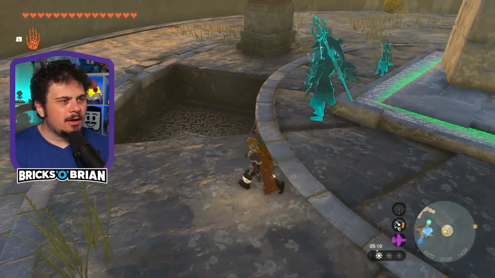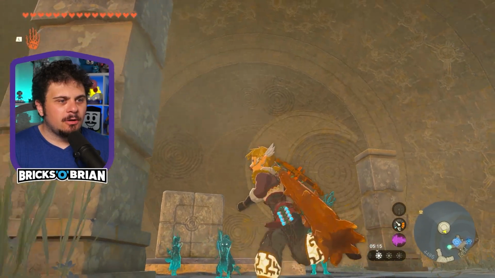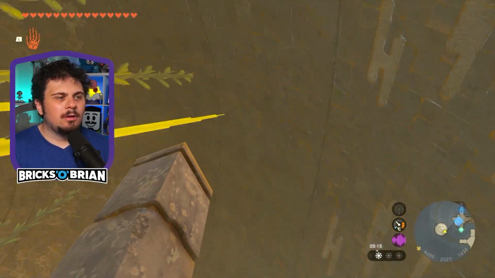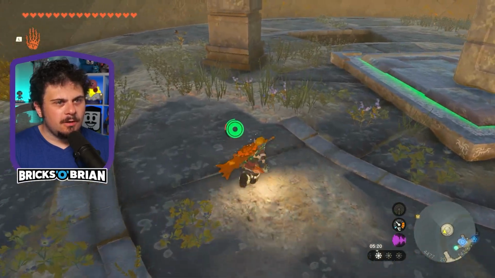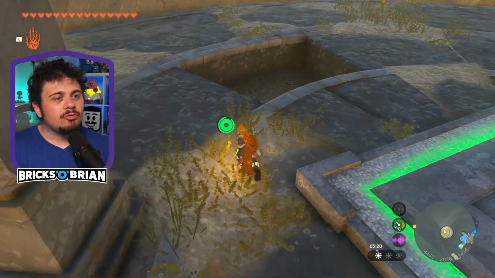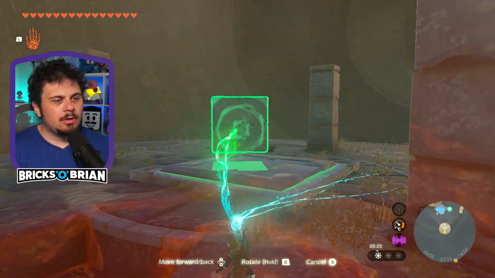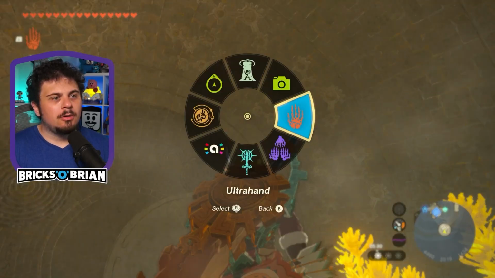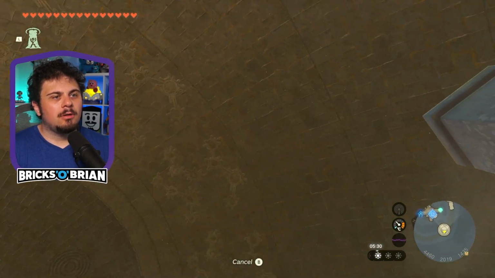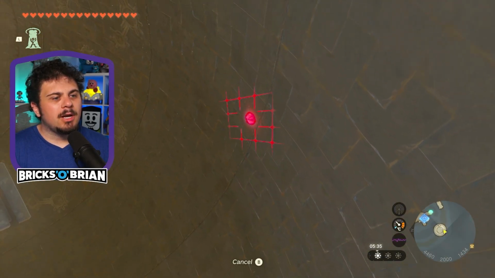How do I make it off of here? This is a little confusing. Clearly have to drop down somewhere, right? Oh. You know what I can do? Oh, it's just moving. Oh, we're just straight up moving. We're just straight up moving. All right. Can I...